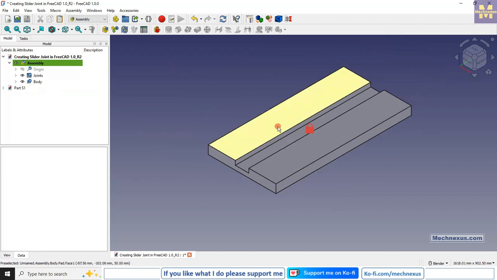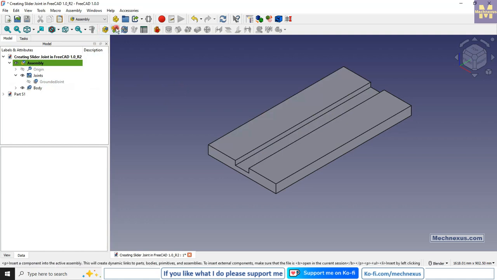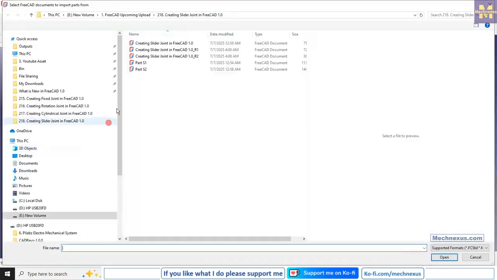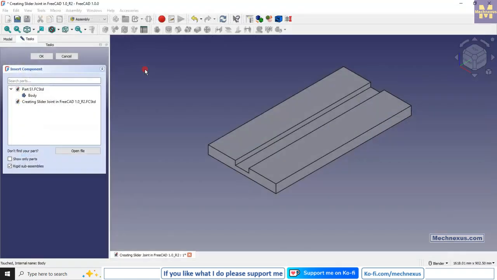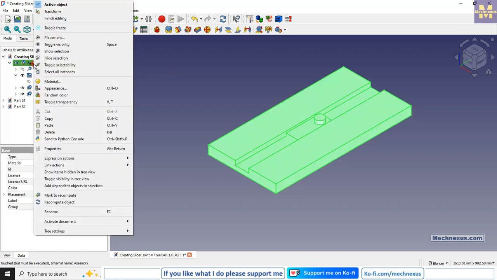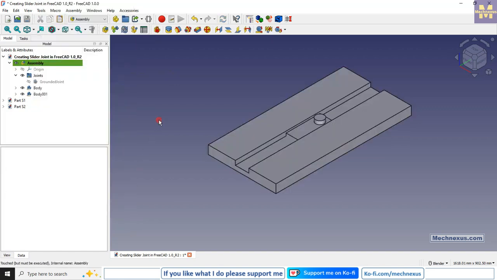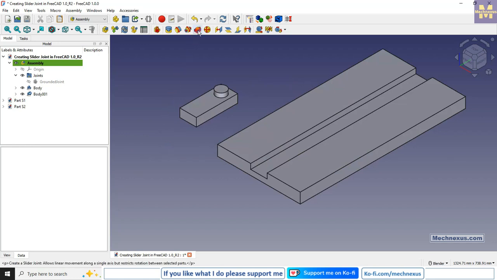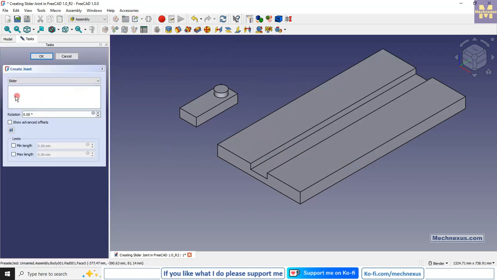My first part is grounded, so that's why I am seeing this lock symbol. I will hide it, and now I will insert the second body. Again, click on the insert component, open the file and select second component, and now select the body of a second component and say OK. Now let's rebuild our assembly, and now let's move it, and now click on the slider constraint, and here